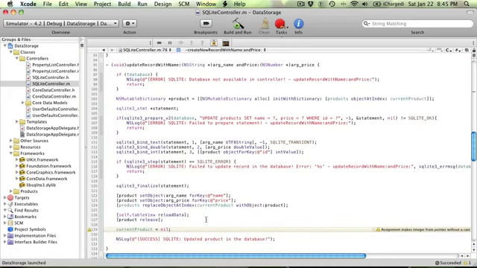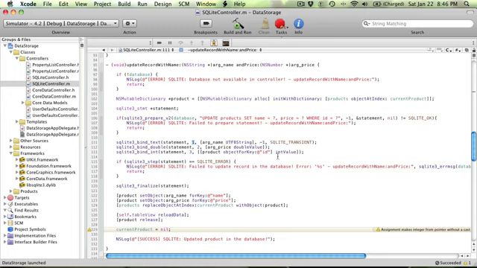So when it comes to updating, it is a similar process. We prepare a new statement. We tell it the query we want to run. So we want to update product set name question mark, price question mark, where ID question mark. So we then again need to bind these particular query parameters to those question marks. So with this statement at question mark 1, we're going to give it the name. At question mark 2, we're going to give it the price. And at question mark 3, we're going to give it the ID of the record that we're going to be